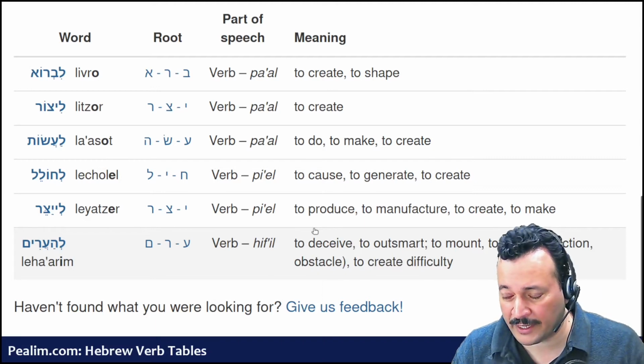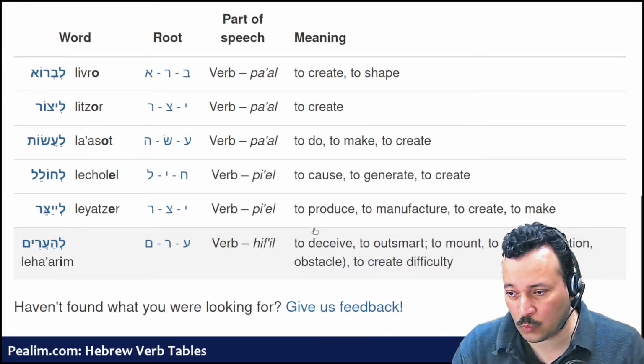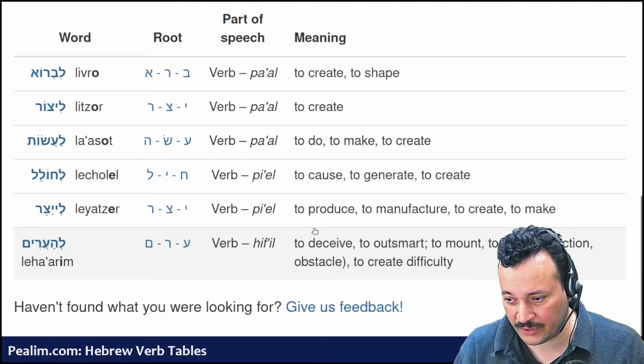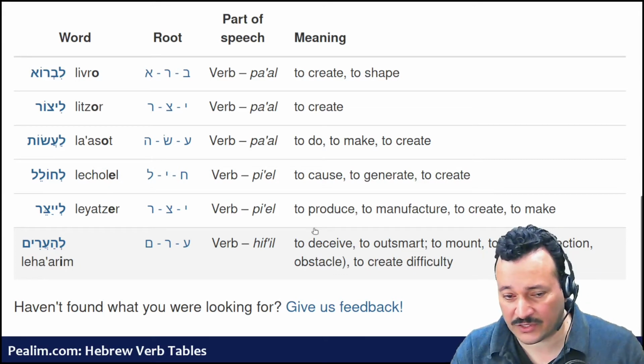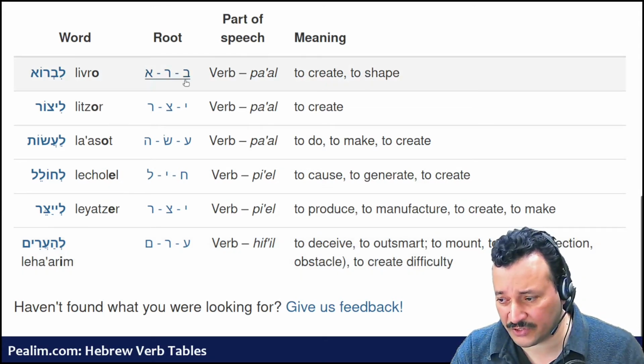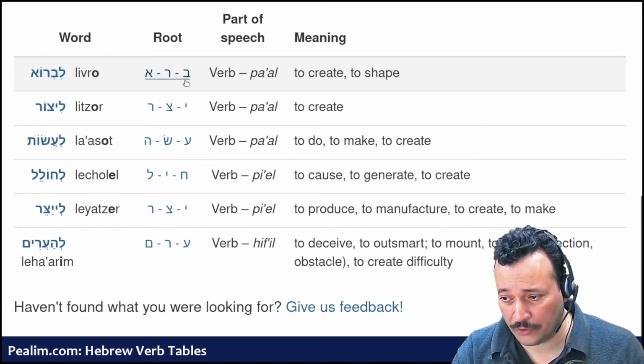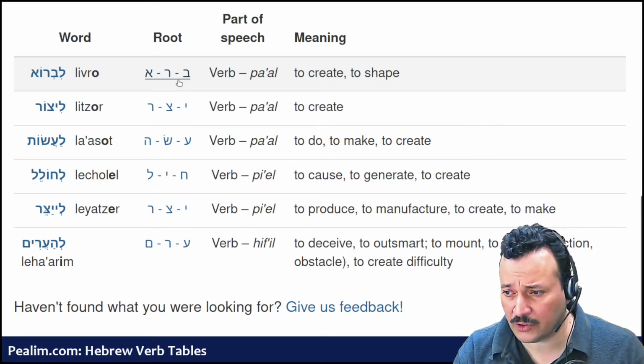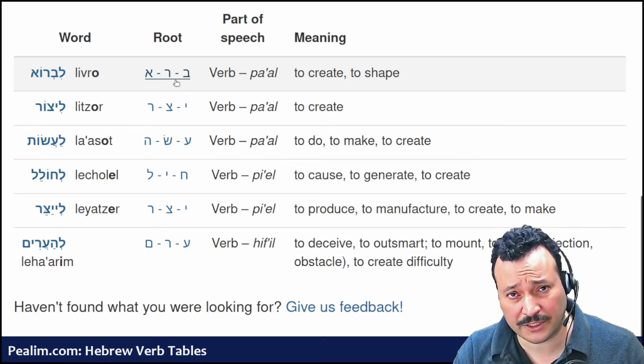But what we're going to do right now is identify which one of these we want to use. Now that's going to come to a decision based upon the root that we see in Genesis chapter 1 verse 1. So let's go ahead and go back over to the interlinear view at